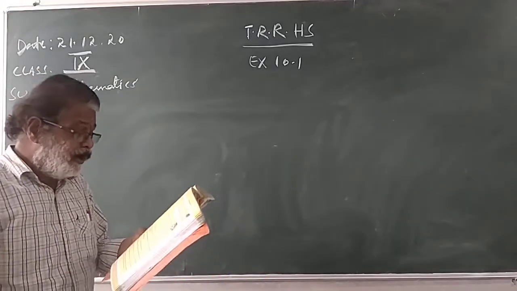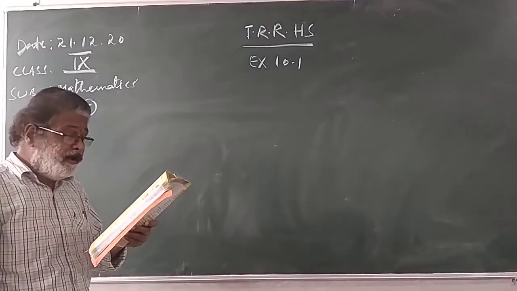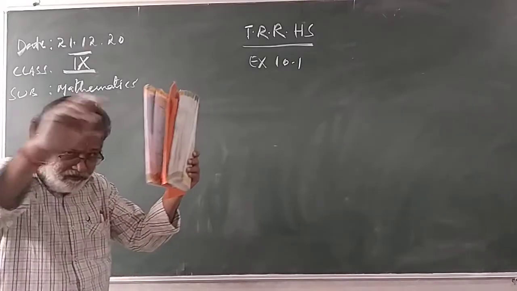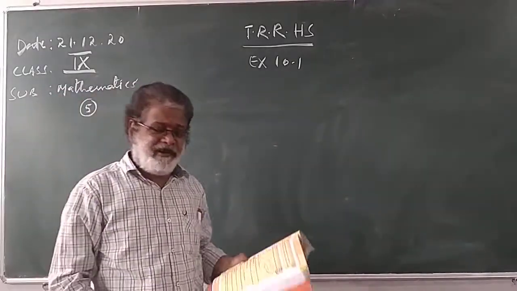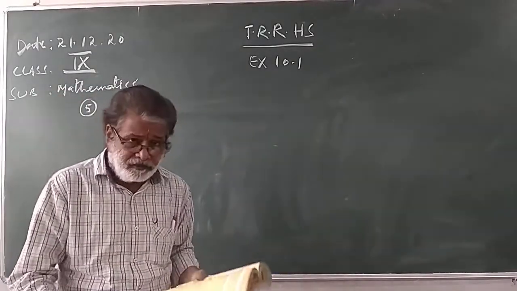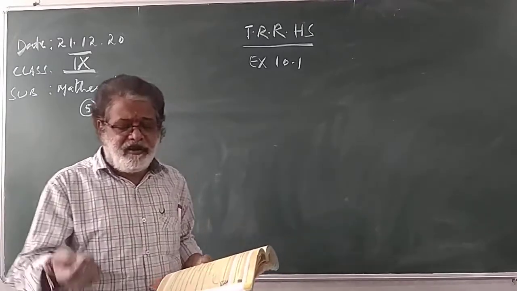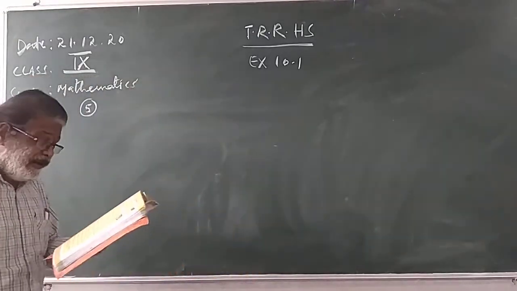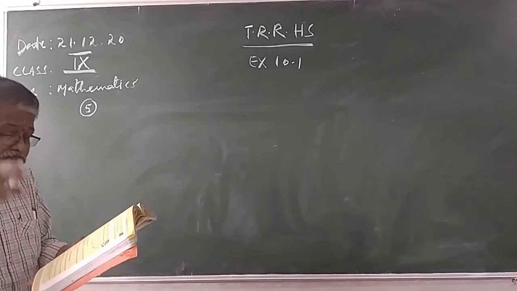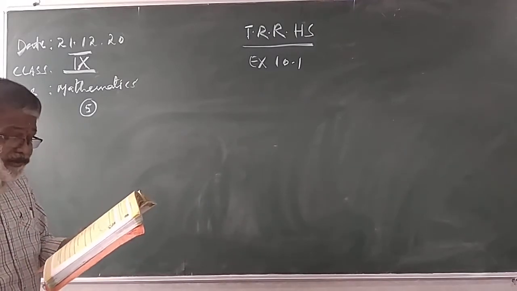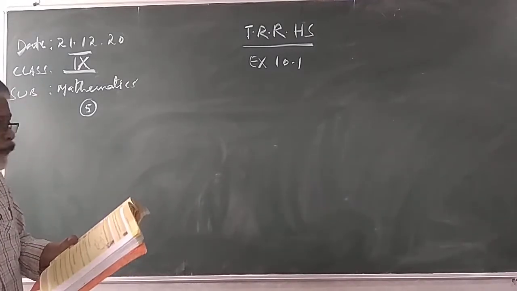Children, okay, what is the total surface area of a box? Box means it will be cuboidal shape, cuboid shape. So you know the cuboid. The total surface area of a cuboid is 2 into LB plus BH plus LH. So how does the total surface area of a box change if each dimension is doubled?